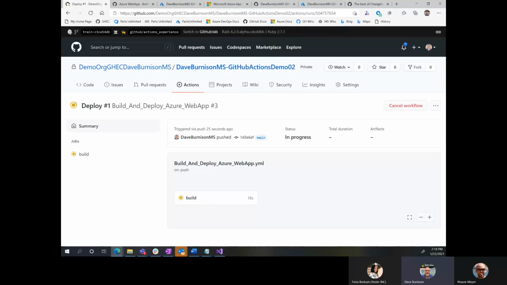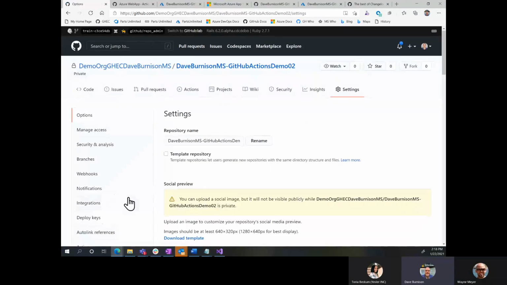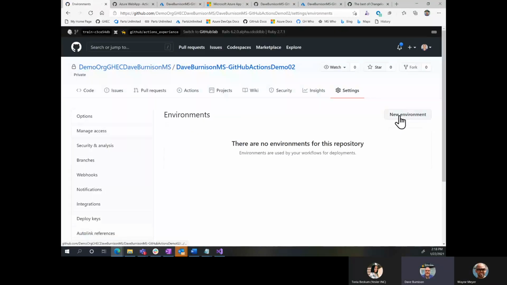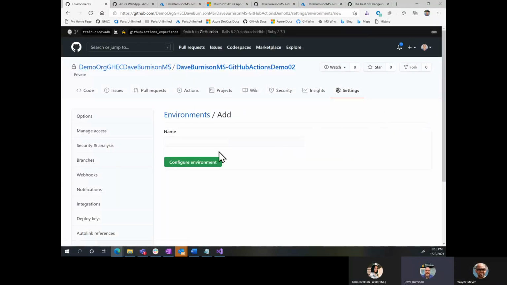So while that's building, the next step that I'm going to do here is I'm going to go over, and in settings, we've got environments. So I'm going to say I want to create a production environment. Make sure we get that spelled right so that things will work.